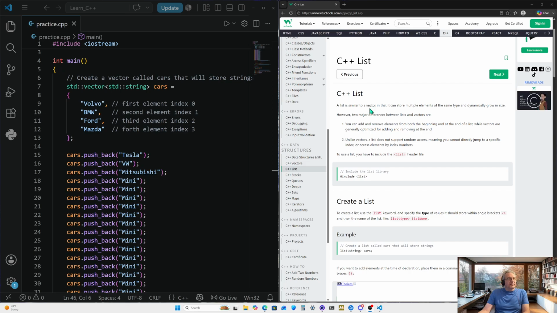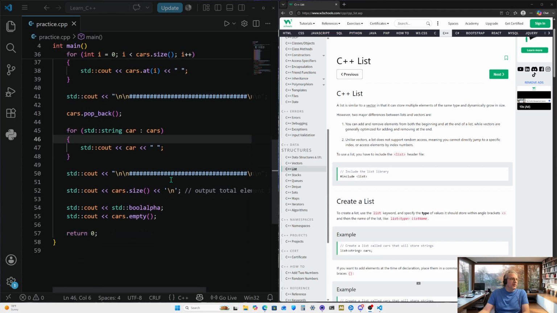Let's get started on this. So C++ lists. A list is similar to a vector in that it can store multiple elements of the same type and dynamically grow in size. However, two major differences between lists and vectors are: you can add and remove elements from both the beginning and at the end of a list, where vectors are generally optimized for adding and removing at the end. I was curious about that because in our previous code, we were using this line of code right here